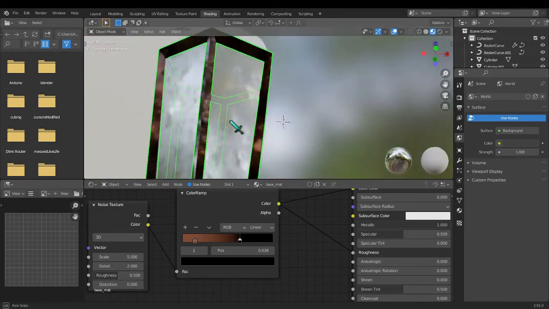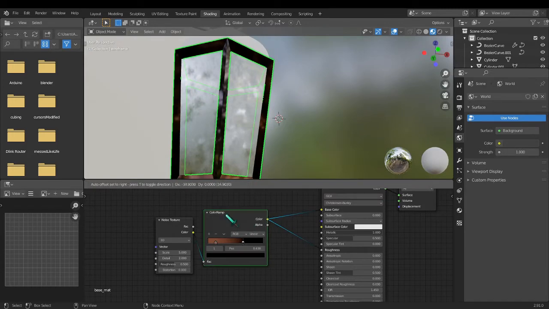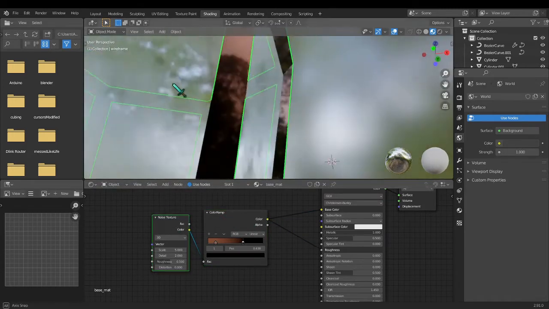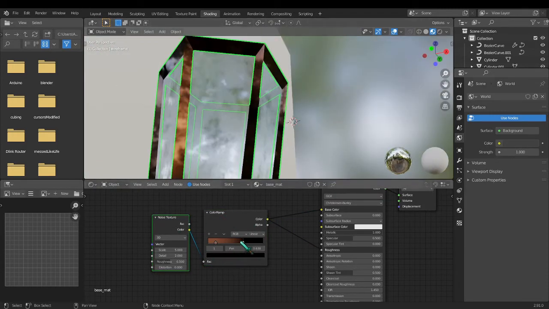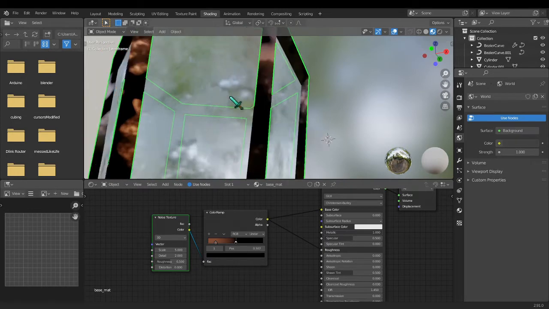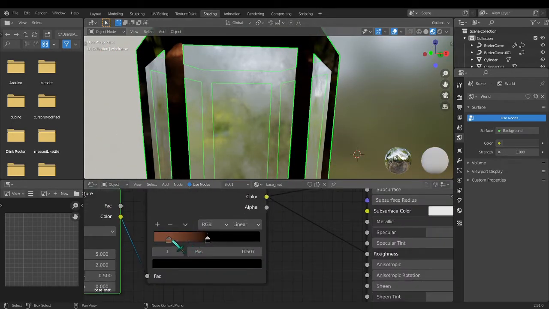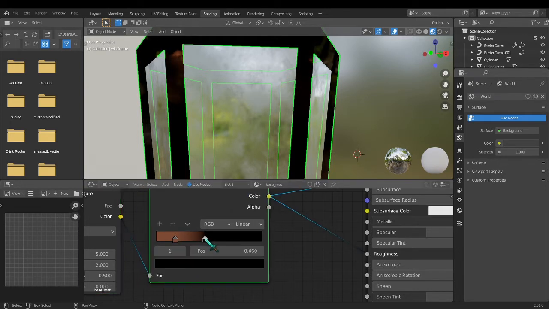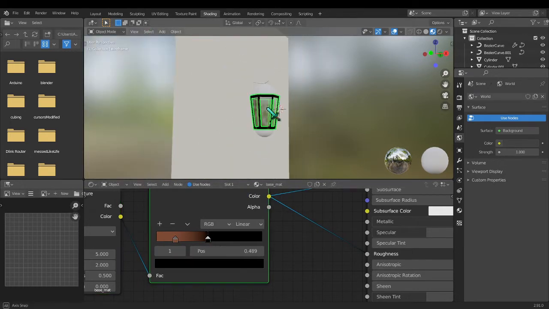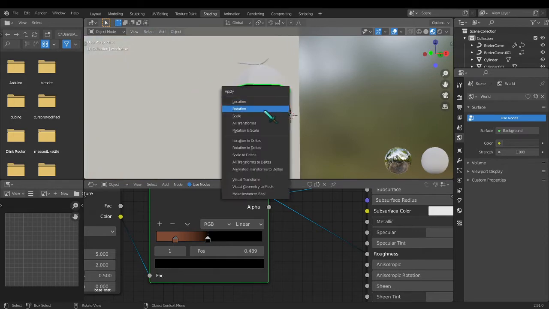This is what it will look like. Just grunge in the black color and minimize the rust brown color and apply scale,